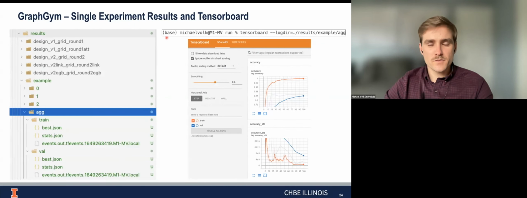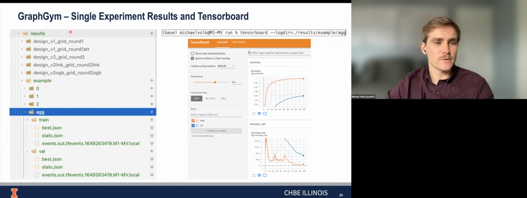In the development of this GraphGym, they made sure that the outputs could be read by TensorBoard. So TensorBoard is often used in conjunction with TensorFlow, but you can just use this separately. You don't need to use TensorFlow. You can download it by itself. And the nice bit about this is after I ran this experiment, it goes to the output directory that I specified from the YAML file,